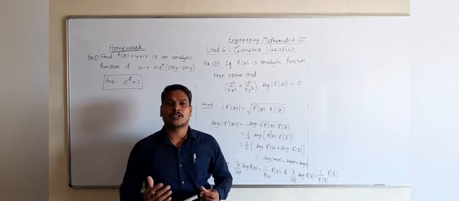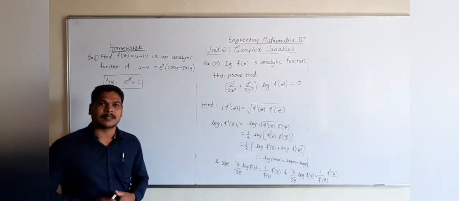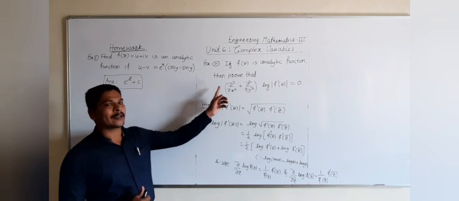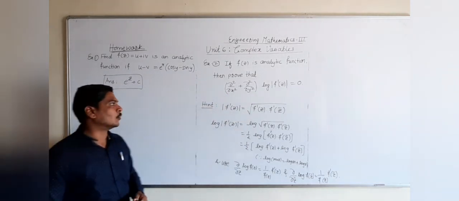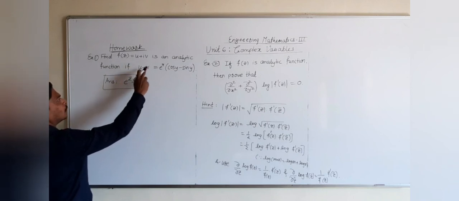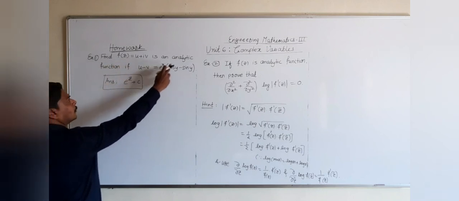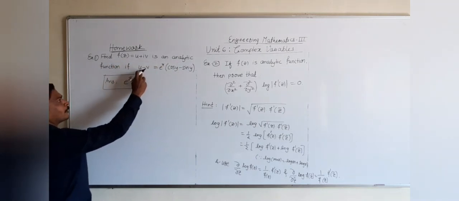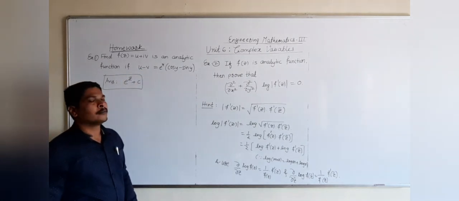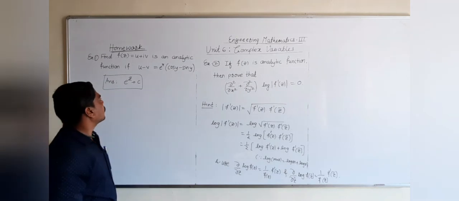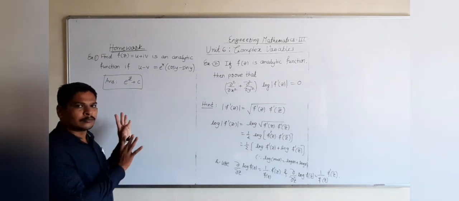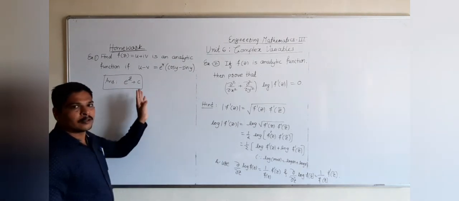Using solution of given examples in this video, you should try to solve these 2 examples on your own. So in first example f of z is required, which is an analytic function, and we have given u minus v is equal to e^x (cos y minus sin y). Okay, so answer becomes e^z plus c. All of you know how to find f of z in this case.